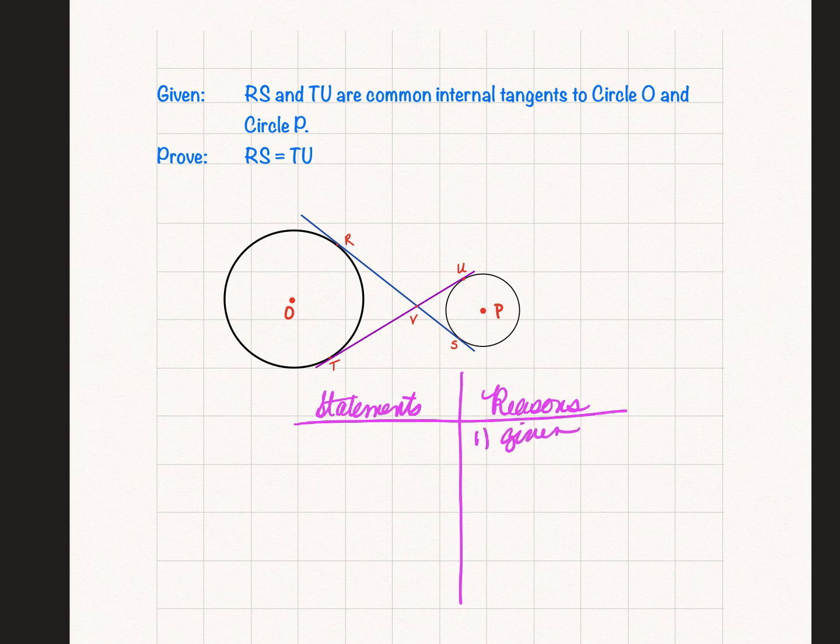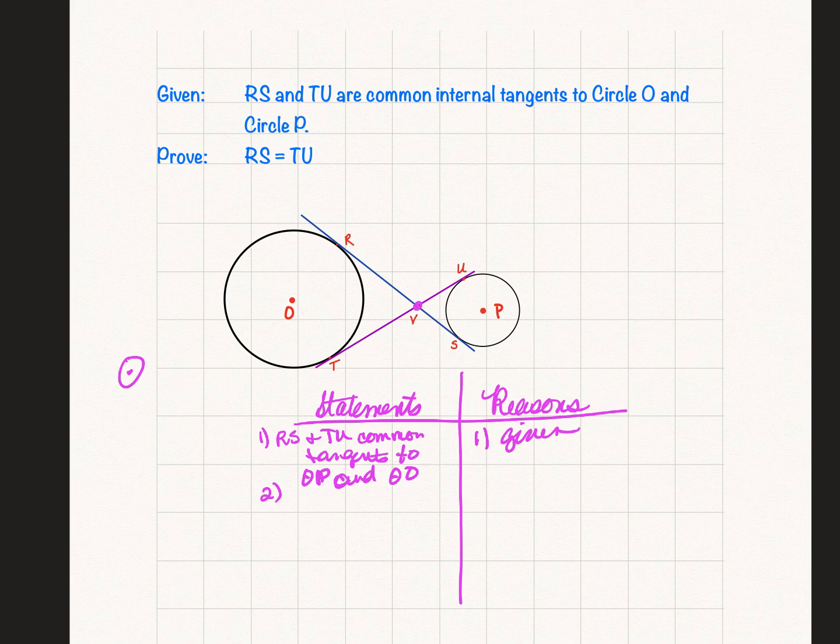So I've got my given that RS and TU are common tangents to circle MP and circle O. And I use that little symbol, like the O with a dot in it, to stand for circle. All right, so then my second step, the next thing I'm going to do is, see I've got V here,